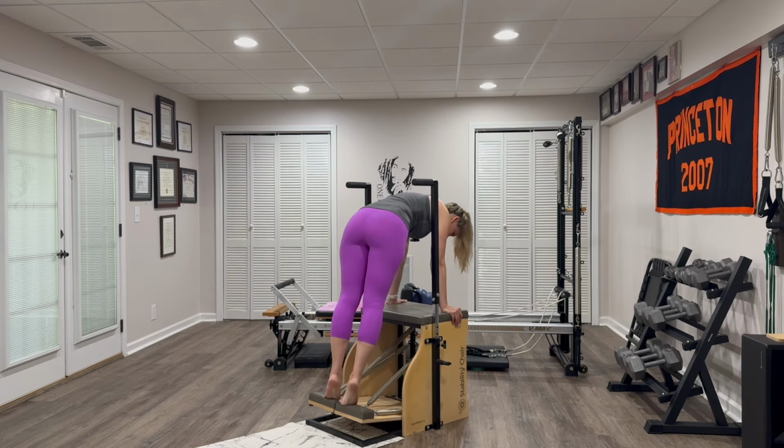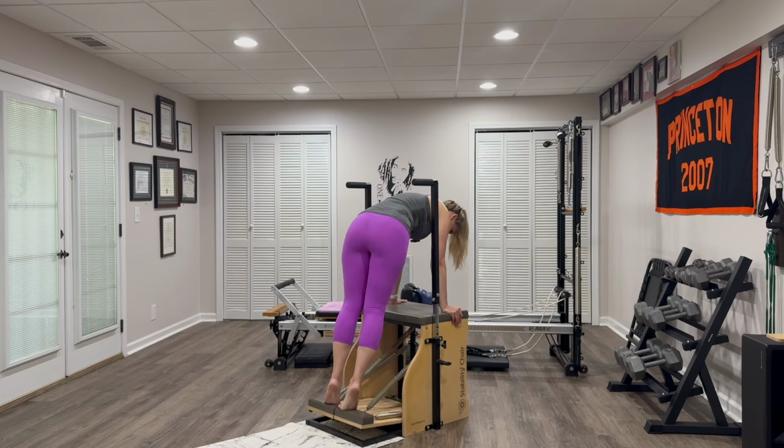Keep those hips up. 5 more here. Take a breather anytime you need. Last one, press down, keep those legs straight. Little pulses up. 10,